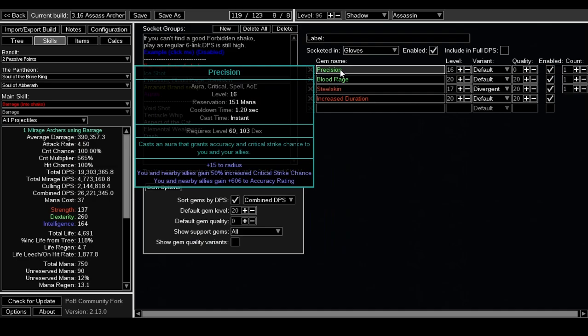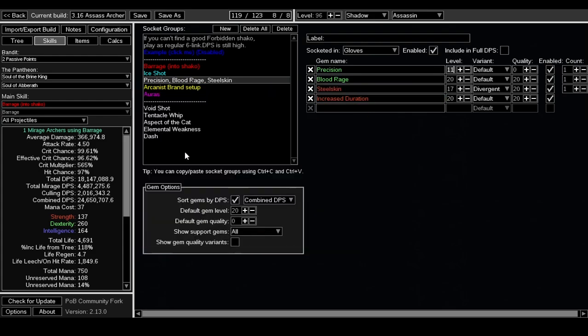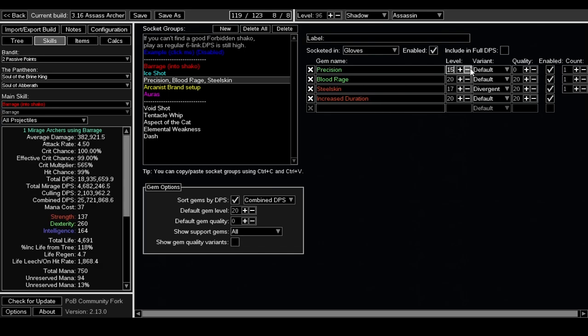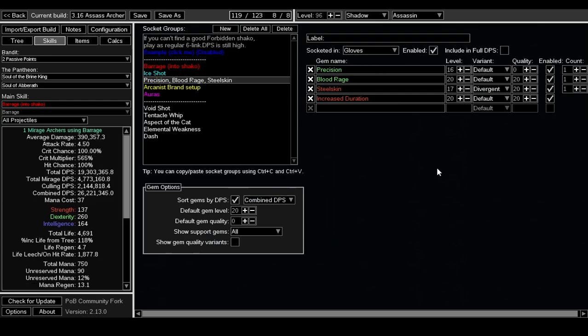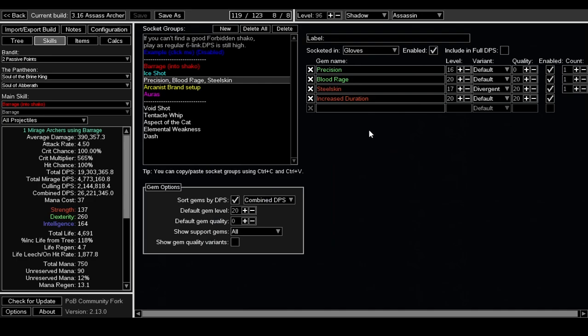Precision. By the way, you can use a lower level Precision if you have any mana problems. But maybe you won't have a capped hit chance. So having 100% hit obviously is nice, but playing with 98% won't be the end of the world if your mana is more comfortable. So try to figure out that Precision level depending on your own character, because your hit chance might be different compared